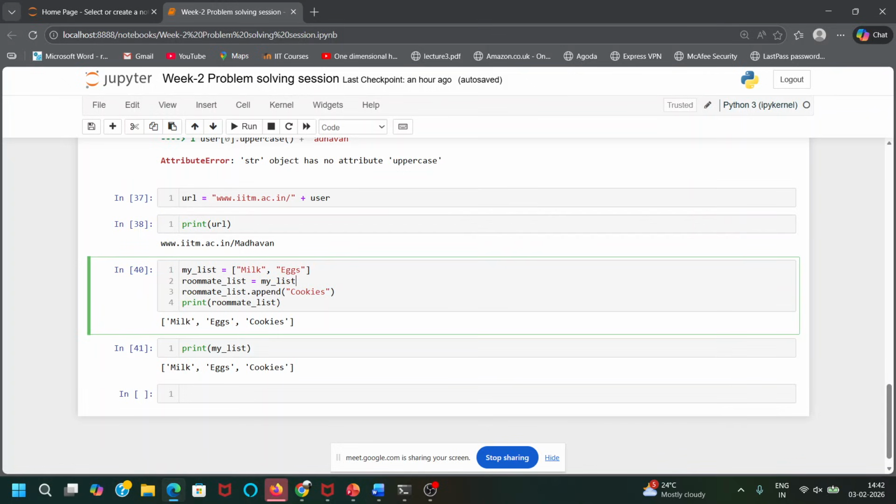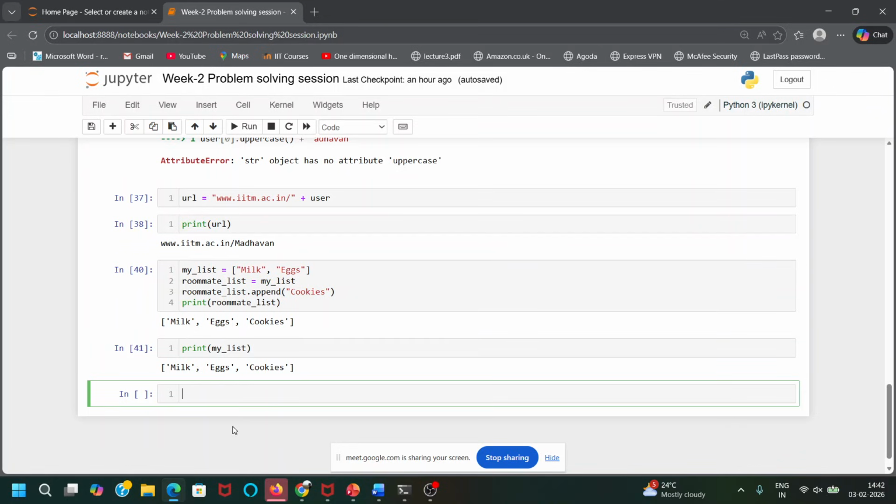This happens in lists because whenever you define a list, let's say your computer has some memory, and for milk eggs, one box is there in your computer's memory. After you assign my list to roommate list, the name roommate list also points to that box only.